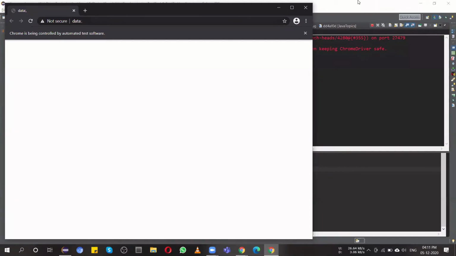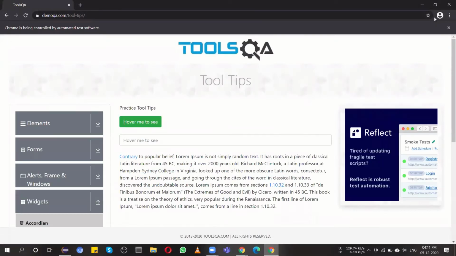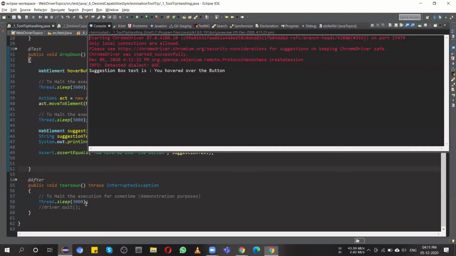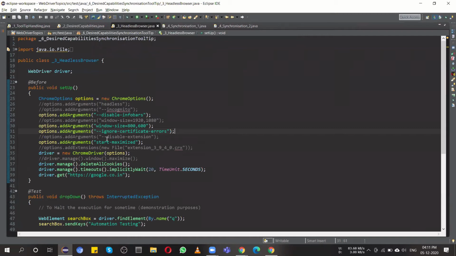Over here one extension got added, two or three browser versions back. This might hamper or change something in your application-specific environment during testing. So by this particular line, you can disable all extensions if they are automatically added by Chrome or any other browser. We are talking about Chrome, so it will not add any extension.